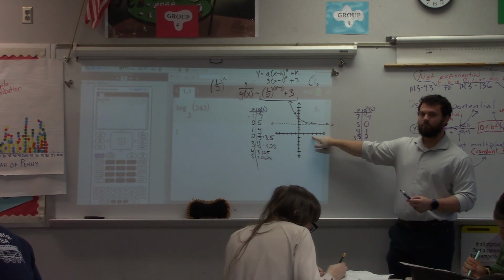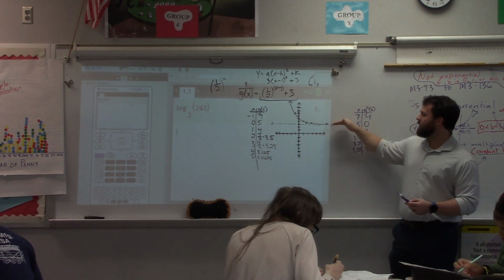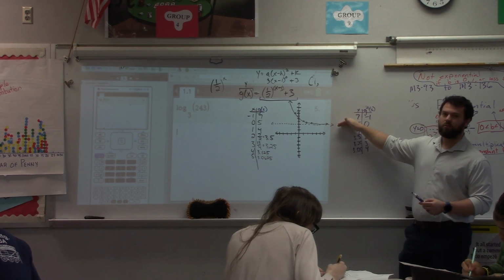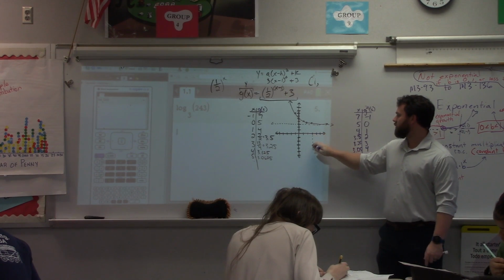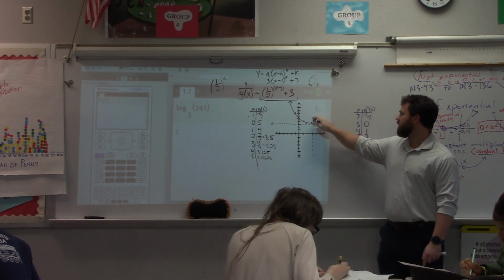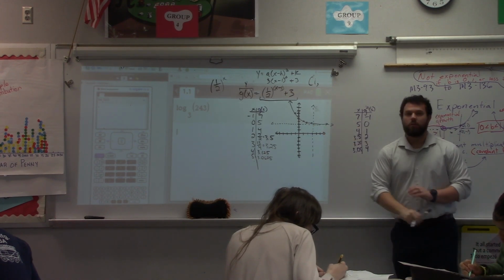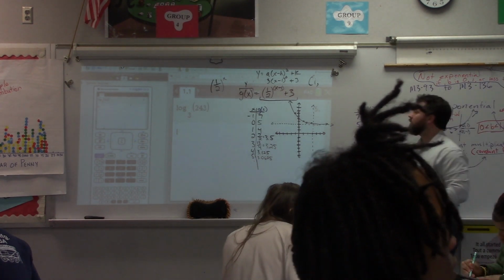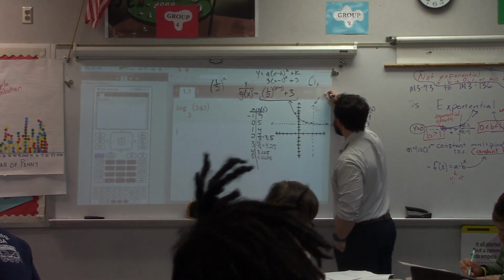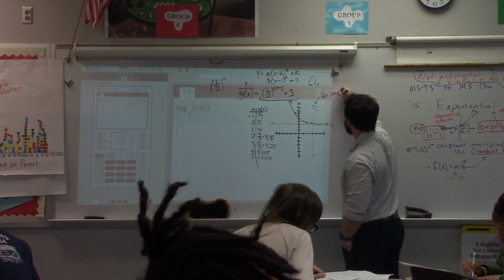A vertical line. This was horizontal, so the inverse is going to be vertical. He is 100% right. Remember, with an inverse, the inputs become the outputs, right? Transpose, right? So for inverse,